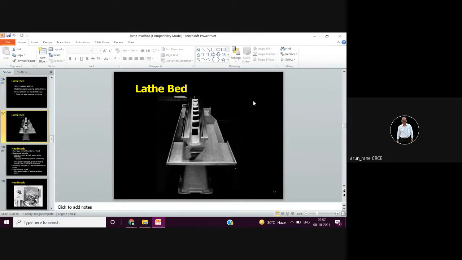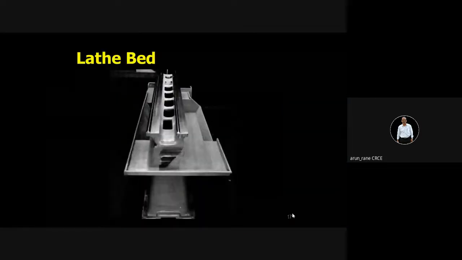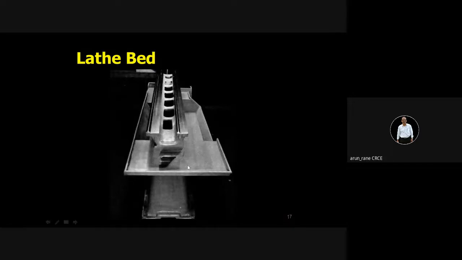This is how a bed will look like, and this is a cast bed. See, this is a big casting. Of course, this is machined.